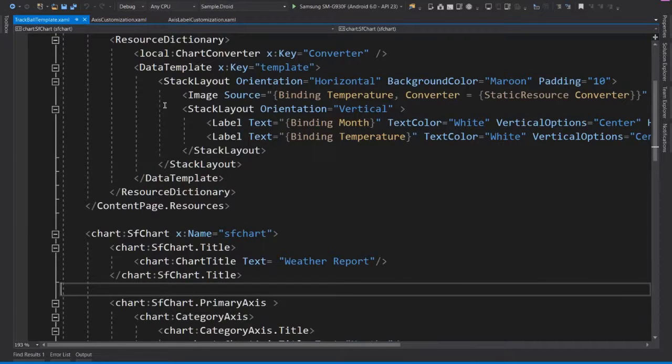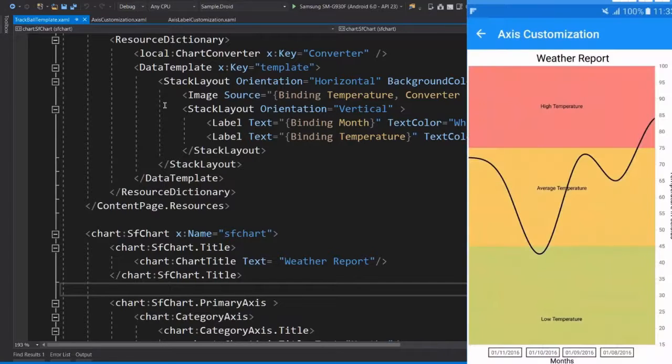So let's take a couple looks. Let's take a look, shall we? And I want to go to the axis customization. This is, well, let me pull up my actual, here we go, axis customization. So this is something people were very curious about and needed to know how to do. This is a chart, it's a line chart with 3